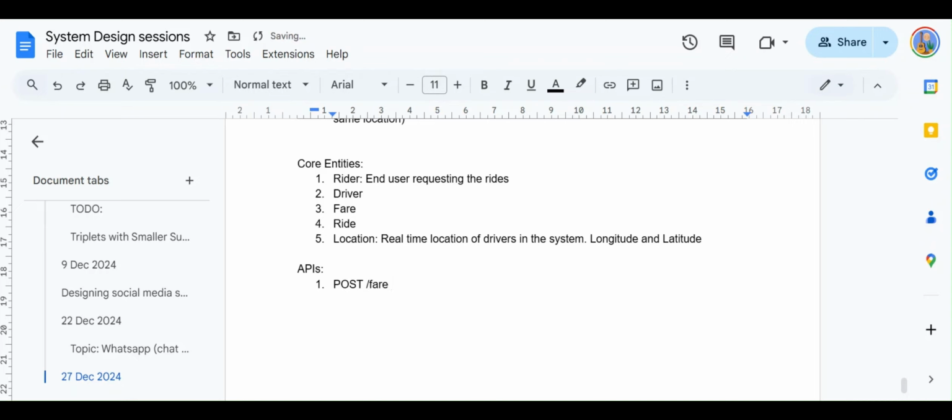In this request, the user can pass in a body in which he can pass in, let's say, the pickup location and the destination. These locations are passed in as a longitude and latitude. So this can be the content of the body of my post request for the fare.